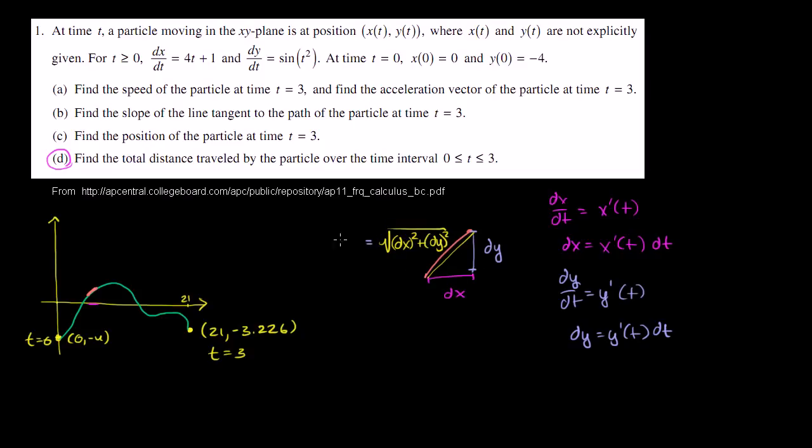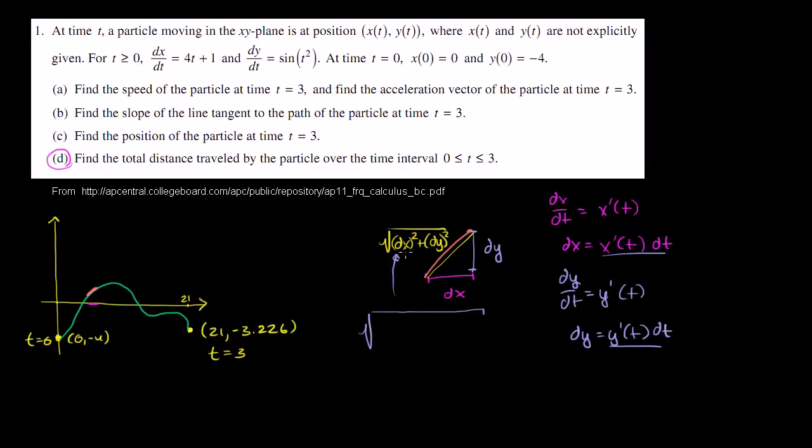So we could call that dl or dA for small arc length. Actually, we don't have to worry about what we call that right now. But this expression for that very small arc length, if I rewrite it in terms of what I have on the right hand side, I want to do that so I can get everything in terms of t, I get it is equal to the square